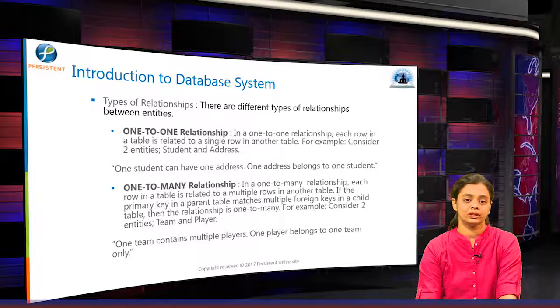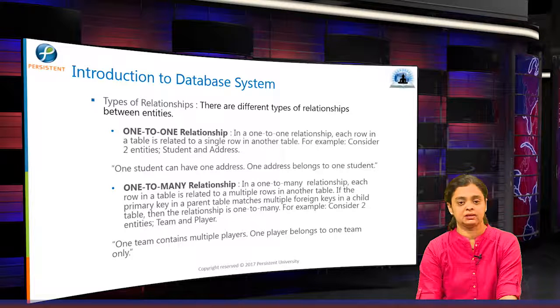In case of one-to-one relationship, each row in a table is related to a single row in another table. For example, consider two entities, student and address. One student can have one address and one address belongs to one student. Now next type of relationship is a